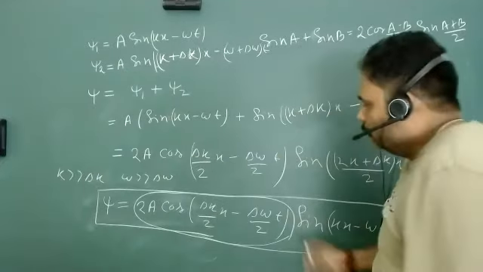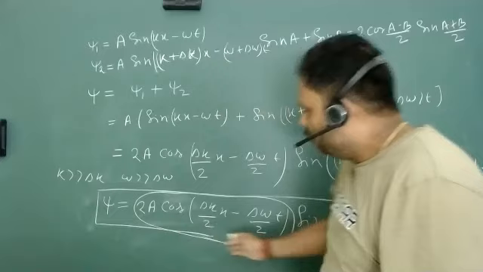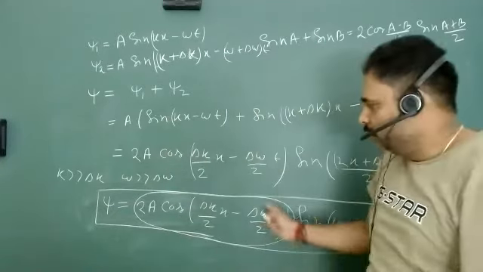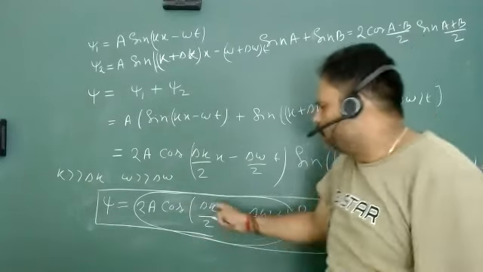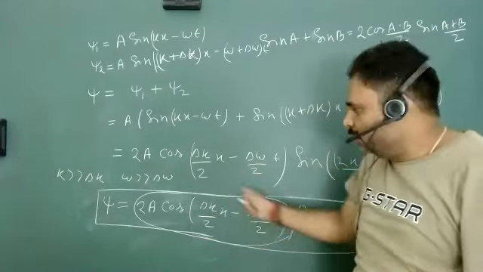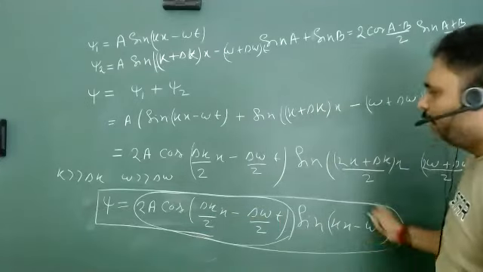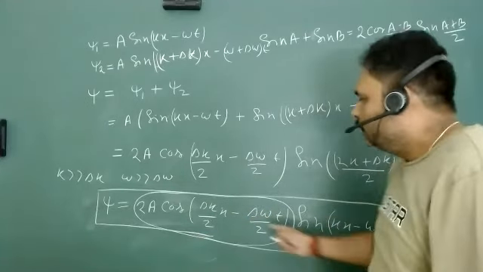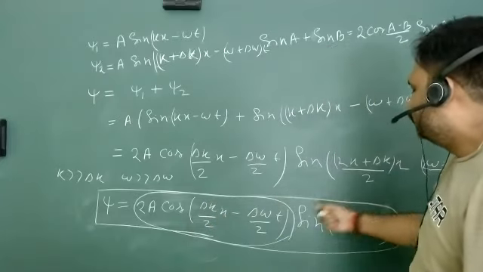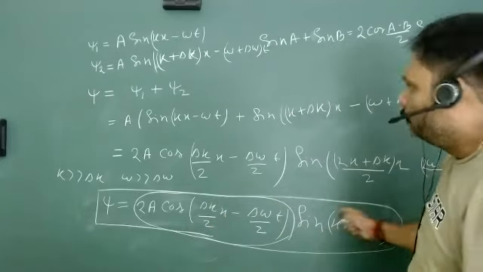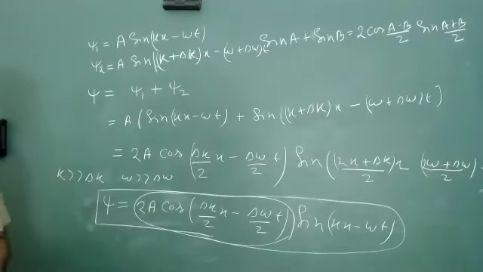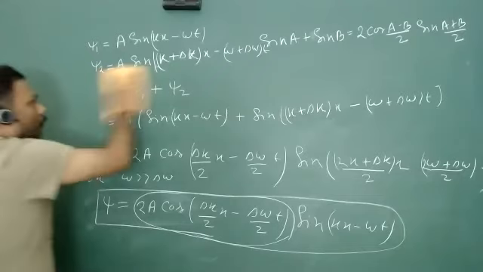Now you also find that this amplitude term is also moving just like a wave, because it is a cos(kx minus omega t) kind of situation. So this is moving like a wave, and this is also moving like a wave. So there are two velocities associated: one velocity associated with the amplitude and another velocity associated with this particular thing. And if you see the pattern, what will be the pattern when we plot this curve? So what will be this plot?